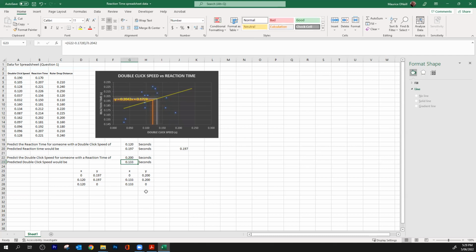Okay. And then if you wanted to be absolutely sure, you could make this 0.197, and everything should line up. So let's get it back to what we wanted it as, 0.18